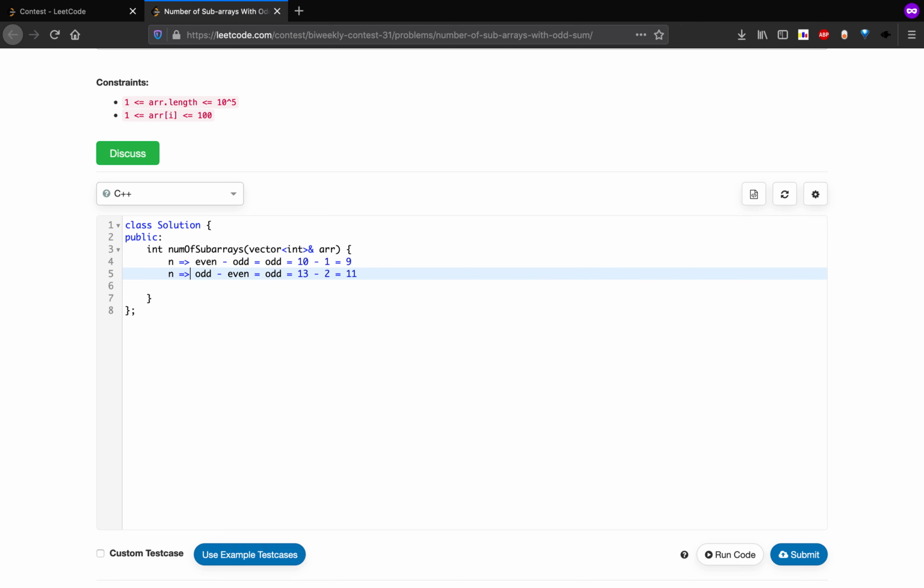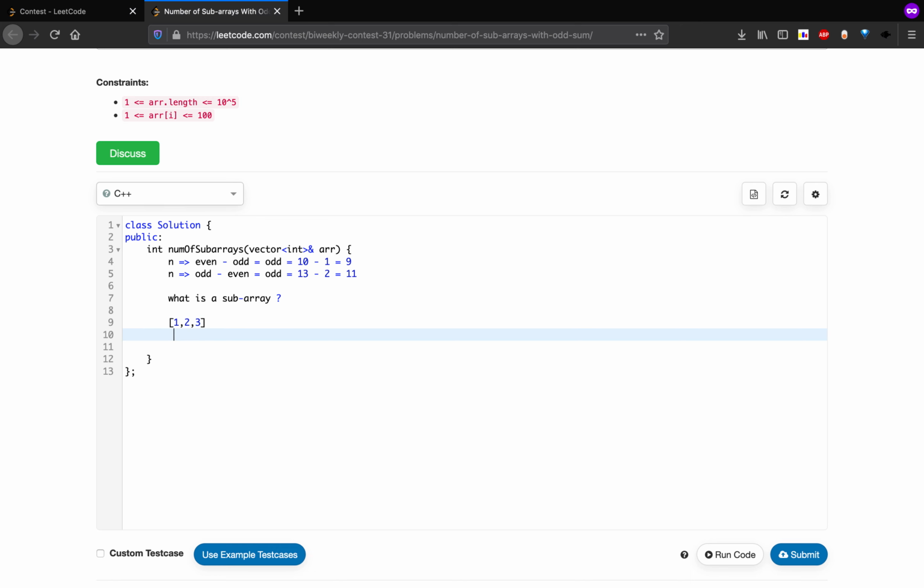So we can use this simple idea to solve this problem. How? Let's first discuss what a subarray is. A subarray is nothing but a contiguous block within an array itself. For example, we have 1 2 and 3 as an array.